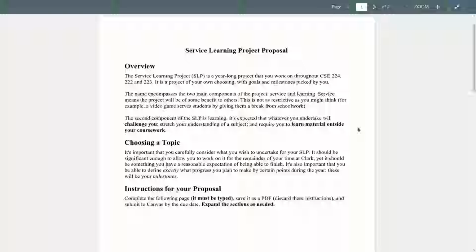The idea of the SLP is to give you a chance to pick an area that you're interested in knowing more about, but you don't necessarily learn about in the classes. So we talk about certain subjects in computer science, microprocessors, and so on, but maybe there's something you want to go deeper in. Maybe you're really interested in artificial intelligence, and we don't really talk about AI in any of these courses here. WSU has courses in machine learning and so on, but we don't really get into that here. But maybe you really want to learn about it.